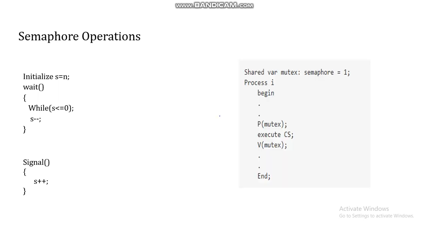This is a very basic code snippet of a binary semaphore. Here the semaphore variable is known as mutex and it is initialized with a value of 1 because only one resource can access the critical section in case of binary semaphores. So before executing the critical section, we call the operation wait, also known as operation p. Once the critical section is freed, we lock it, we execute the critical section, and then we call the operation signal or v.